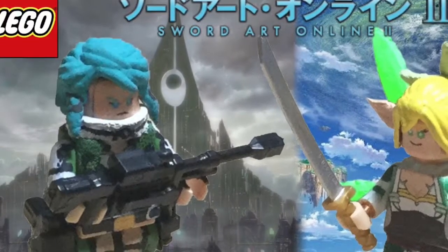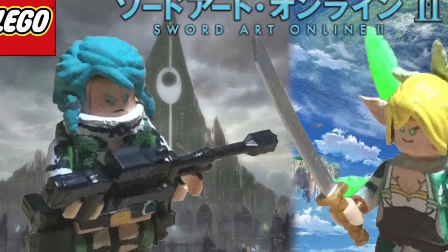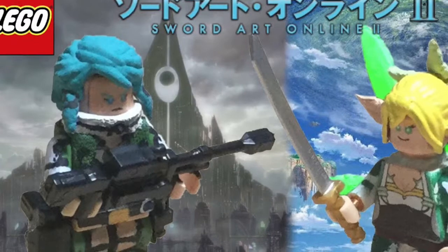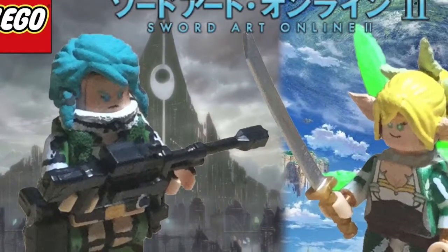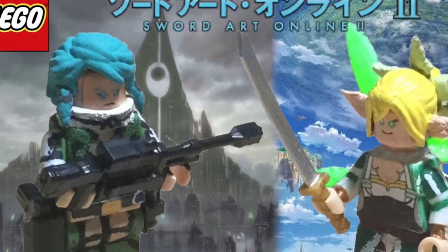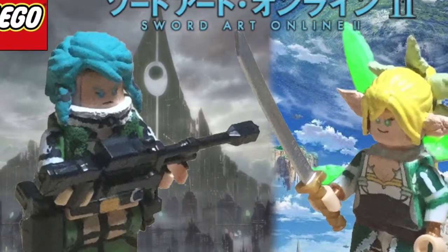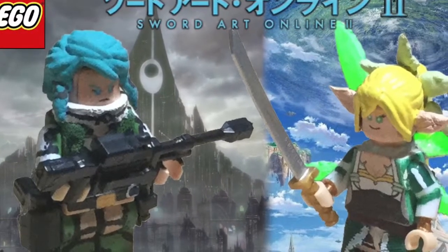So, to answer the question, will I do more Sword Art Online? I'm kind of hoping to do more Sword Art. People still have mixed feelings about this anime, but honestly, we have mixed feelings about everything, and there's nothing wrong with that. So, I'm hoping in the future to do more characters revolving around it, like some of the more iconic ones,